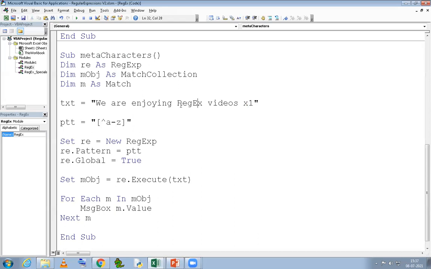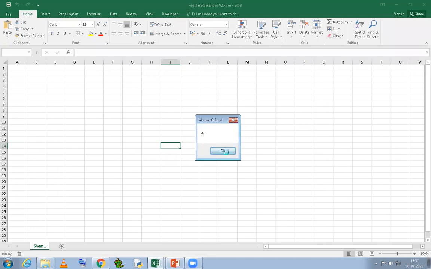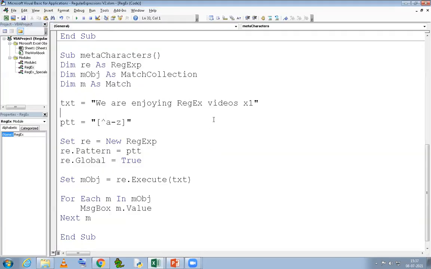This E and this R will be found, but not this EG or this X, these will be excluded. So let's run it and see. See, capital W found, space found, next space found, then we found the capital R, and then the capital E, and then again space, another space, and then we found one. So anything that is not in the series of small a to small z becomes a match for this pattern.